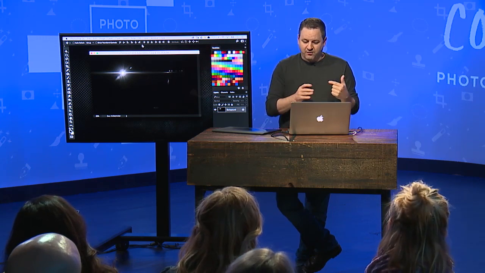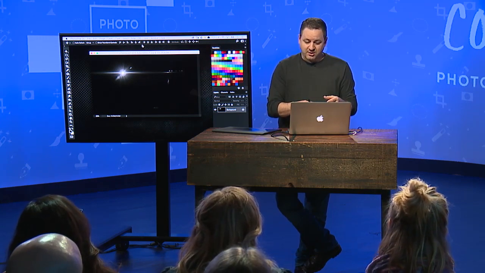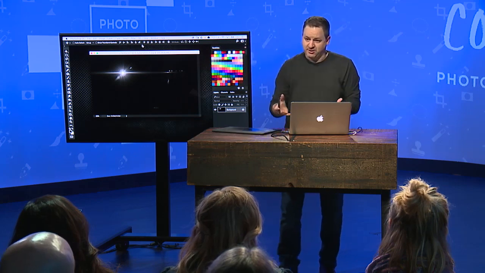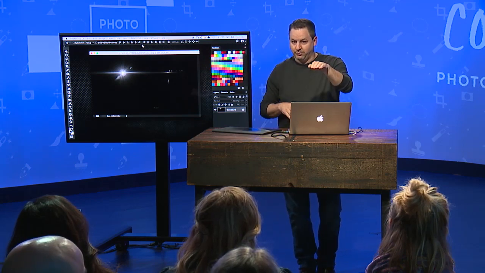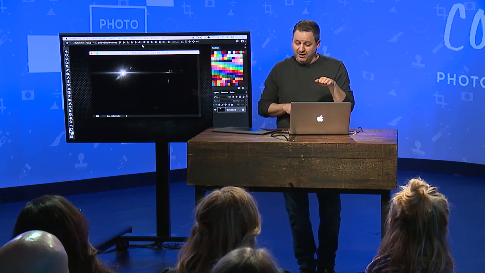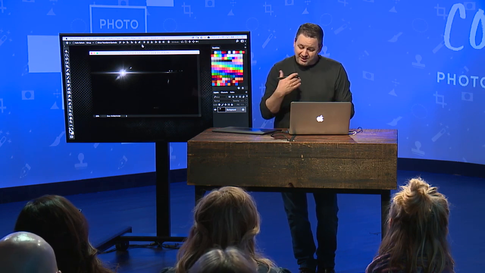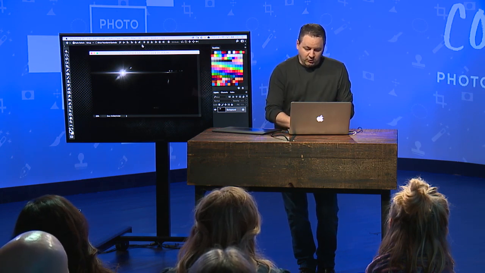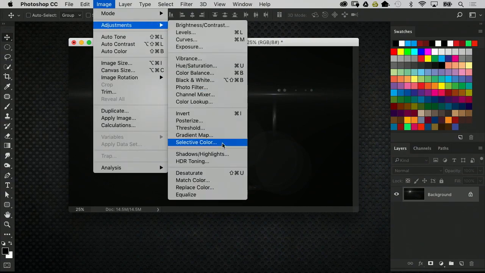So if you define the brush with this image as it is, you're going to end up with one giant, dense black brush with a flare hole through it. So we're going to need to invert it before we do that. So press Command or Control I, or just go under Image, Adjustments, Invert,